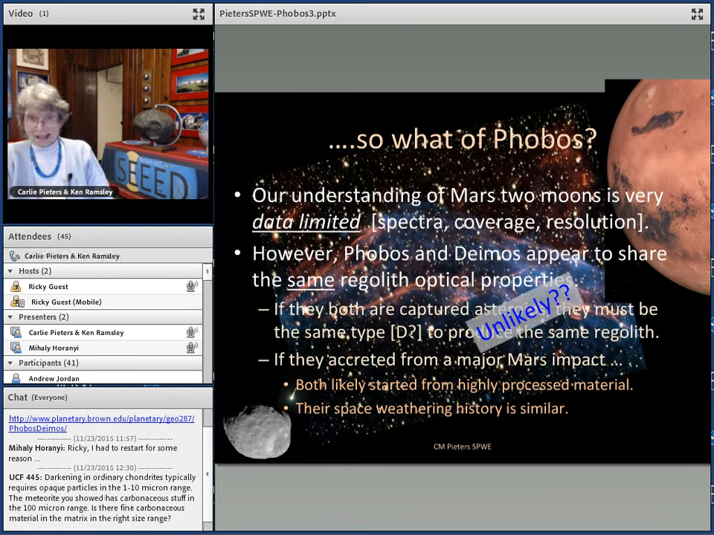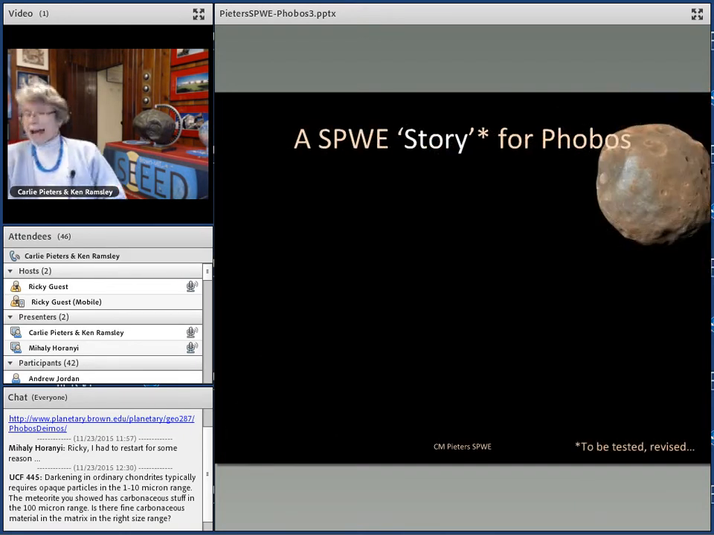And as you've heard in previous discussion, this is unlikely, not impossible, but it is unlikely. If they accreted from a major Mars impact, it might be a little easier to make them the same. Clearly, as you heard from Robin and Joe Burns, both probably started from highly processed material, and their space weathering environment is similar, namely they're in the Mars environment. We don't have an answer for the space weathering on Phobos or Deimos, so I'm instead going to make